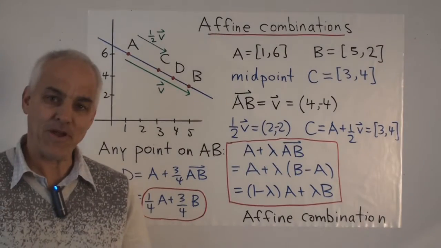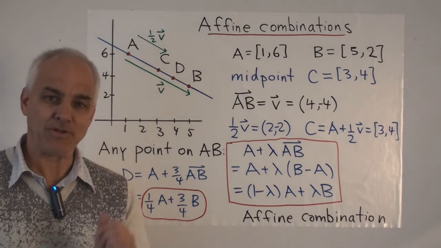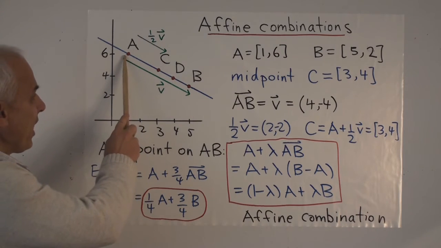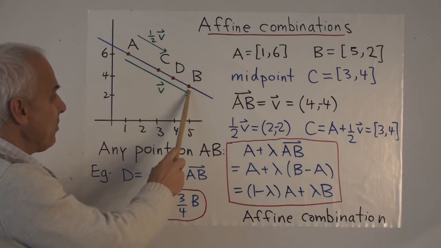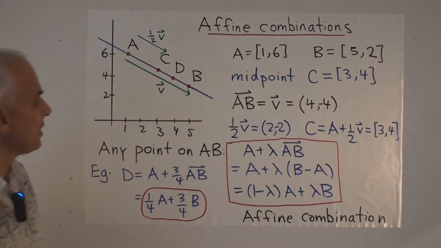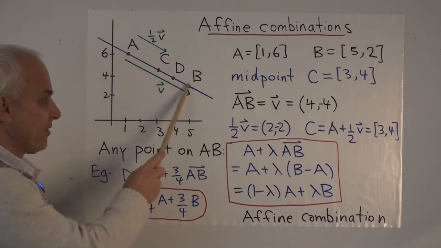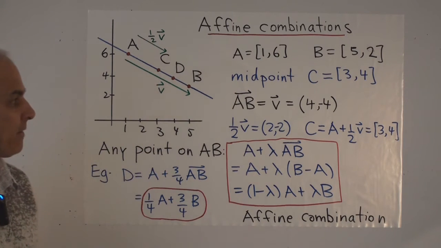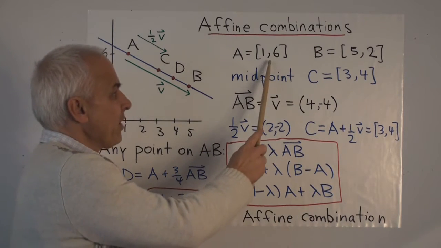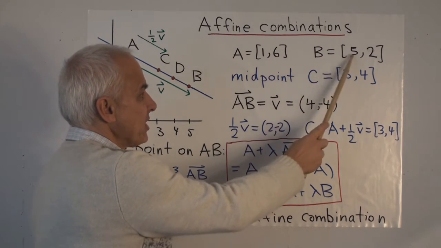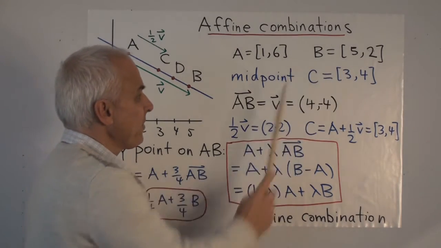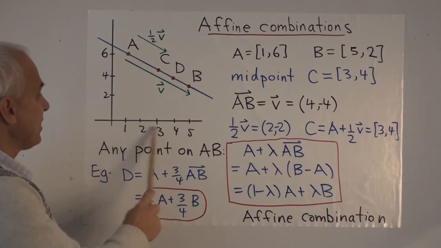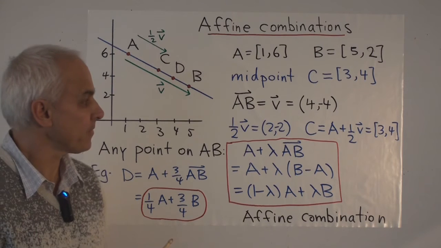Another very useful aspect of vectors is to be able to introduce affine combinations of points. Here's an example of a line going through the point A with coordinates (1, 6), and B with coordinates (5, 2). Suppose we were interested in the midpoint of that segment, in other words, the point C, which lies exactly halfway between A and B. Well, it's pretty clear that we need to take the x coordinate, which is halfway between 1 and 5, namely 3, and the y coordinate, which is halfway between 6 and 2, namely 4. And that is indeed the way to get the midpoint.